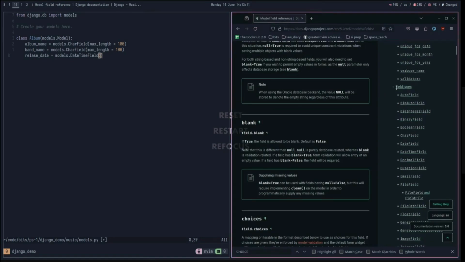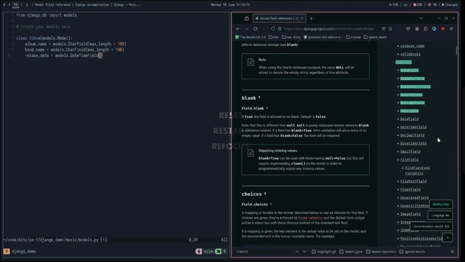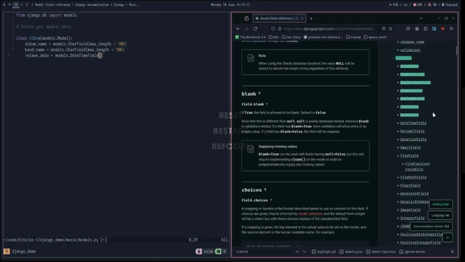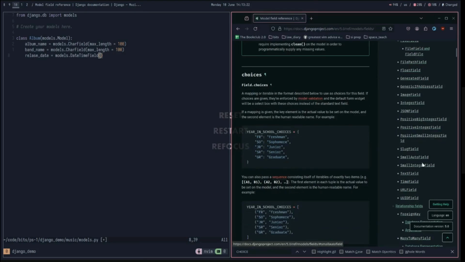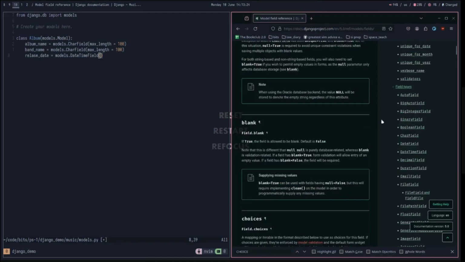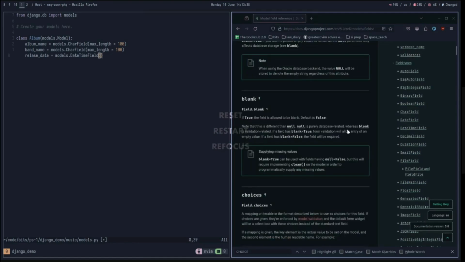For example, on the right side you can see field types: AutoField, BigAutoField, BinaryField, BooleanField, CharField, DateField, DateTimeField. So there are a lot of default fields that Django provides, and it is always recommended to use these. Mostly all of our functionalities will be completed by these. Is this clear? Okay,